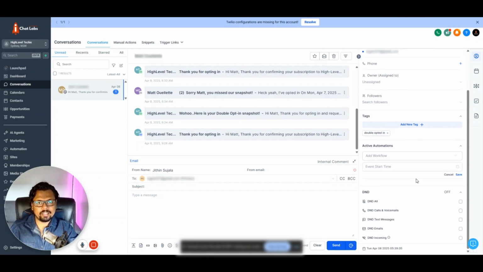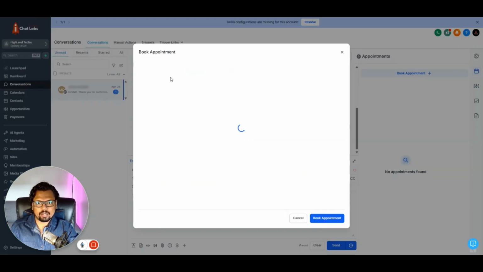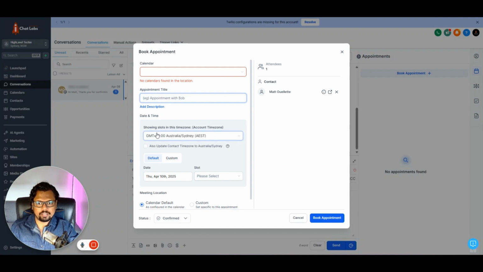Similarly, I can also add DND related settings all from this window itself. You can see here, this is the DND window. And similarly, if I want to book an appointment for this contact, all I have to do is go to this appointment tab and click on book appointments and select a calendar and give a title and set the time